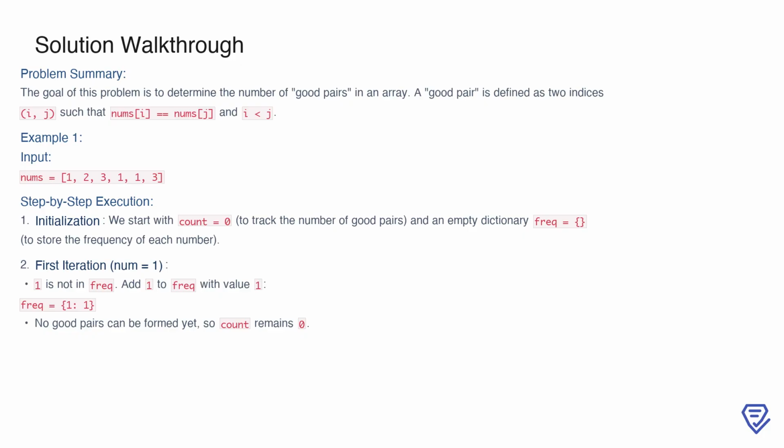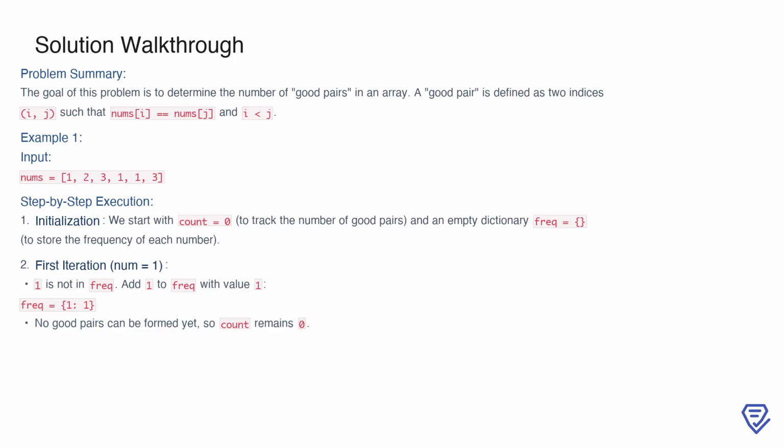We start by initializing two variables: count, which will store the total number of good pairs and is initially set to 0, and frequency, an empty dictionary that will help us keep track of how many times each number has been encountered so far. In the first iteration, the number 1 is encountered, and since it is not yet in frequency, we add it with a value of 1. At this stage, no good pairs can be formed because this is the first occurrence of 1,